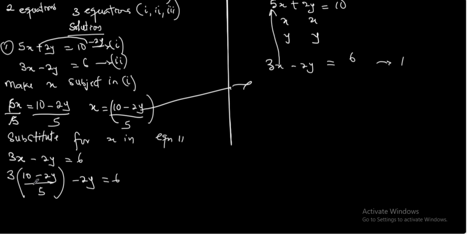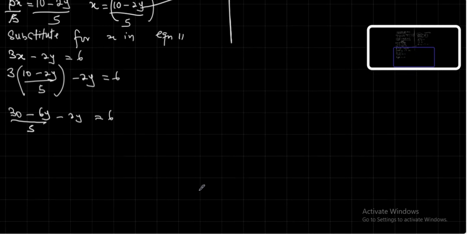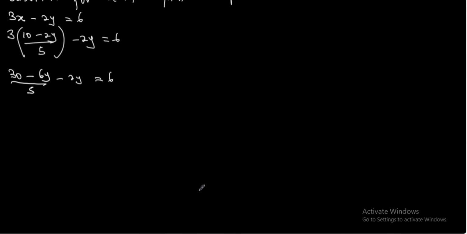If you open the bracket, we would have 3 times 10 is 30, minus 3 times 2y is 6y over 5, then minus 2y equal 6. Now, what you will notice is that we now have our variables on the left-hand side to be the same. So we have y and y. So they are now like terms. We can now add or subtract them together. Now, but then note,